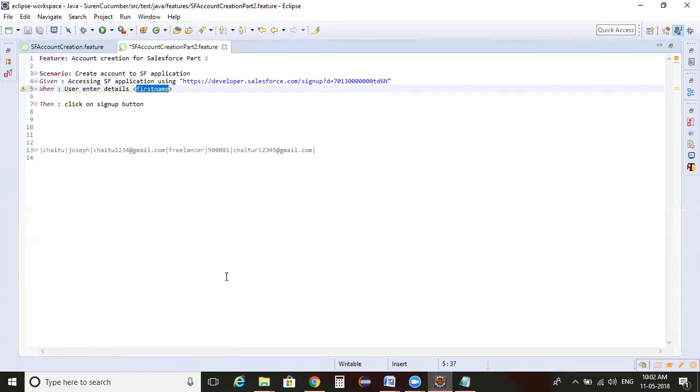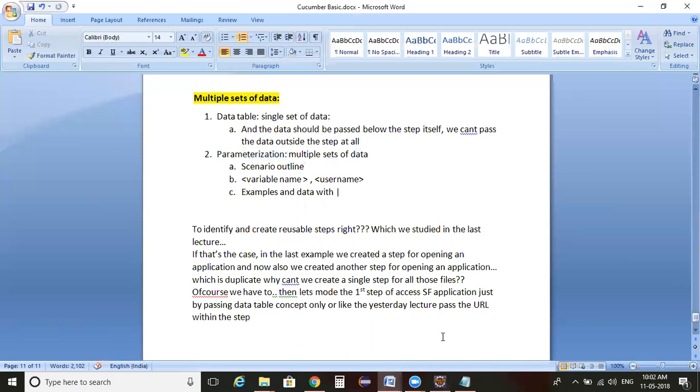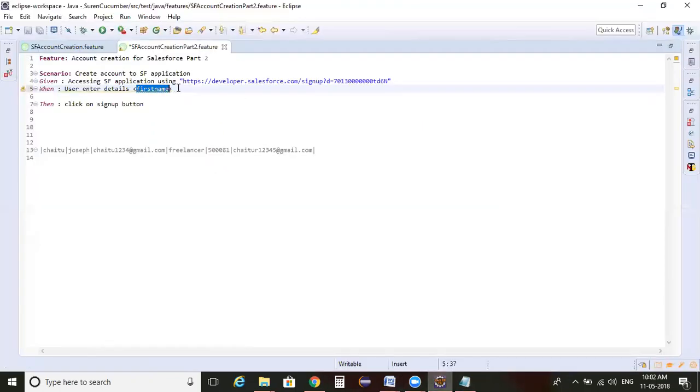So here we need to pass the variables. In this syntax, within the greater than and less than symbols, we need to pass the variable name. So here I have passed my first name as a variable name and last name